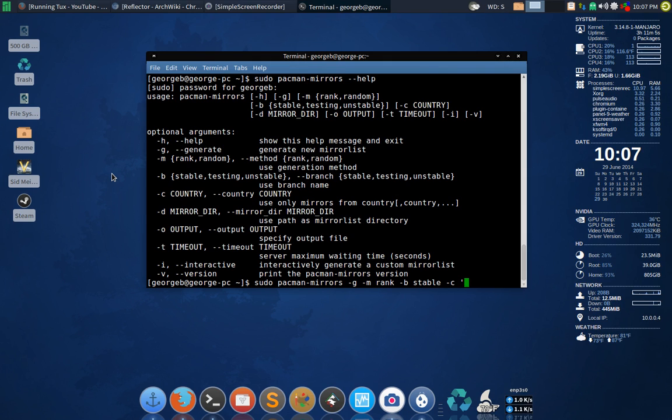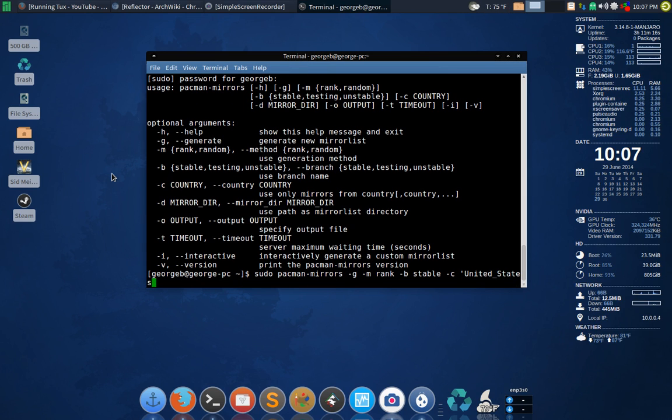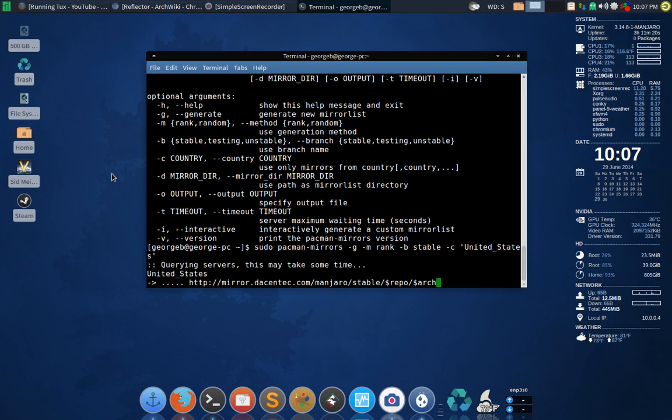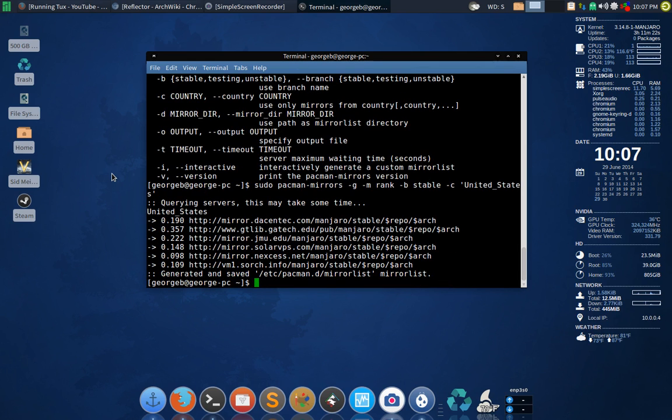So I'm going to put first colon. And then we're going to type in here United_States, single quote, and that's it. There you go, done. As you can see, it went out, queried, got all the servers in the US, and it ranked it. As you can see down here, it says generated and saved